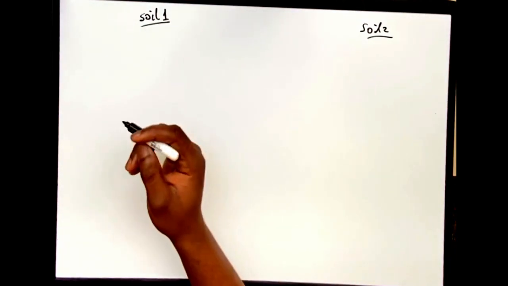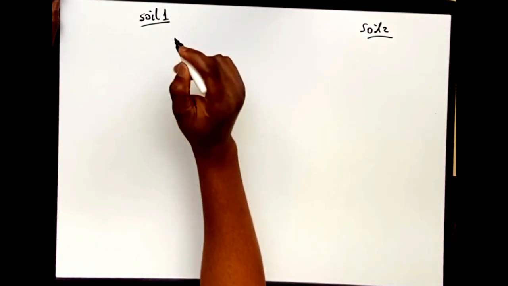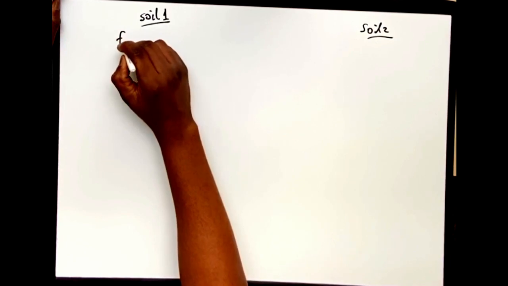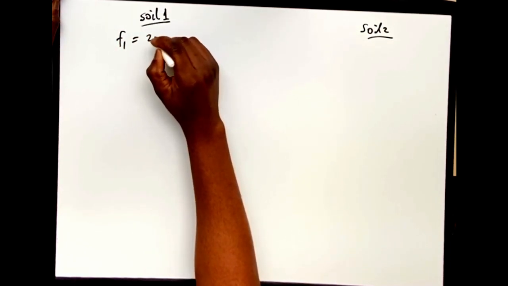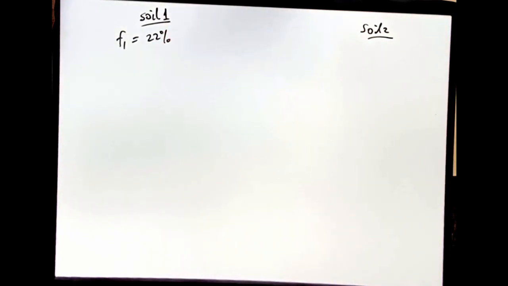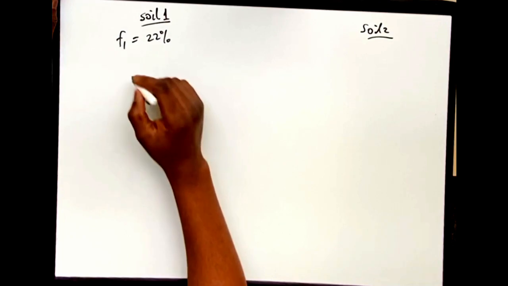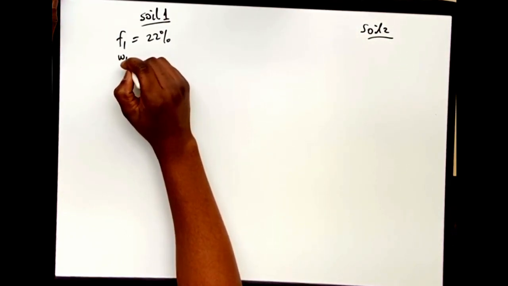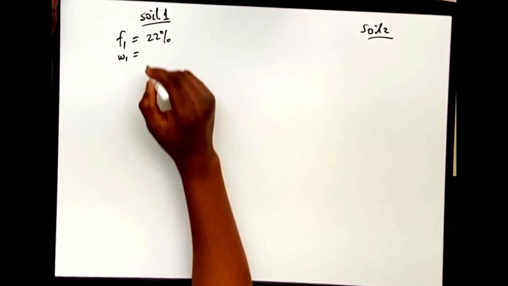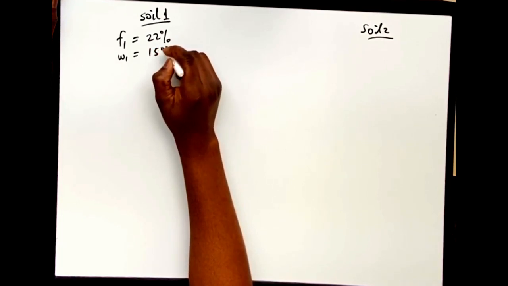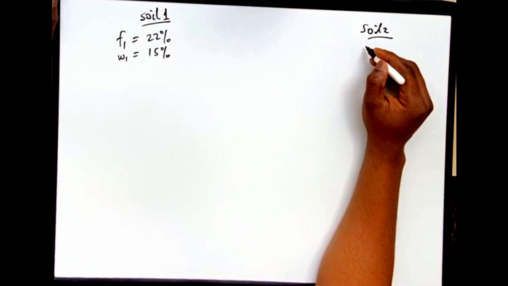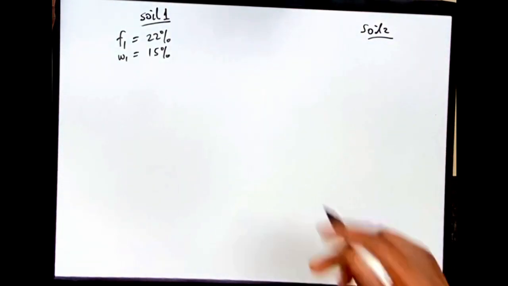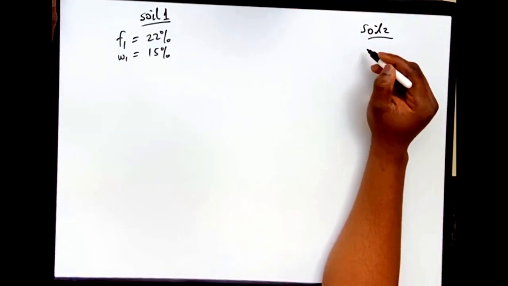And then based on your testing, you find that your soil 1 has a fines content of say 22%, I don't know, and it has a moisture content of say 15%, and then the second soil, the one that you're going to actually mix into the site, say that one